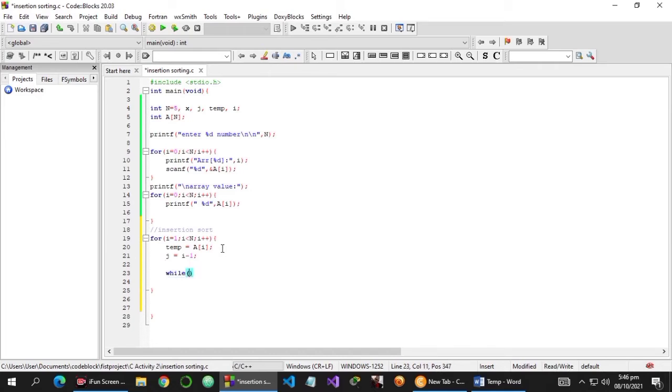While J is greater or equal to index 0 and array, then J is greater than temp. The value of this, so then array A of J plus 1